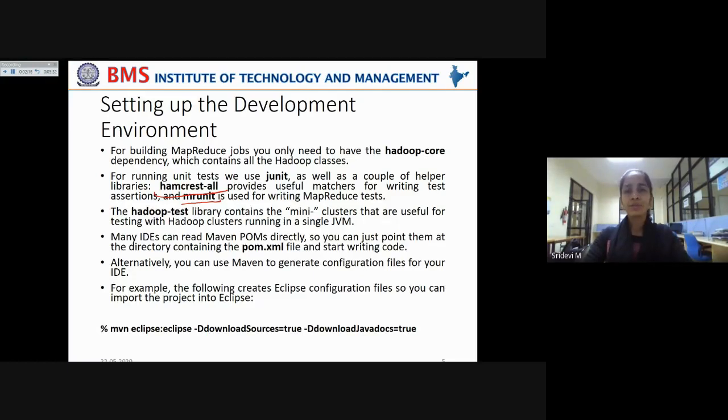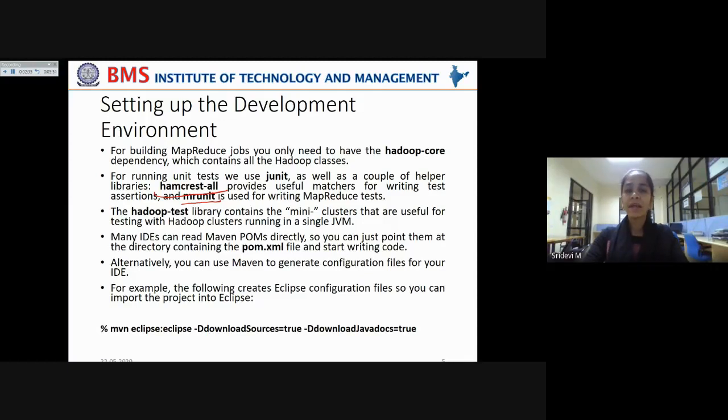Now, this MapReduce job is checked at a smaller scale in a pseudo-distributed mode on a single machine, then it can be scaled up onto a larger cluster. For that, you have to test at a smaller scale first, whether it is working properly or not.